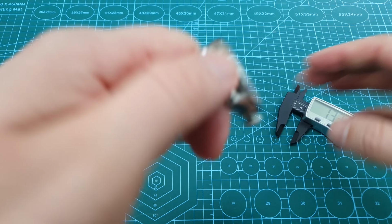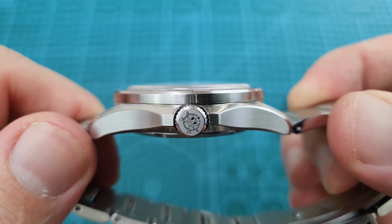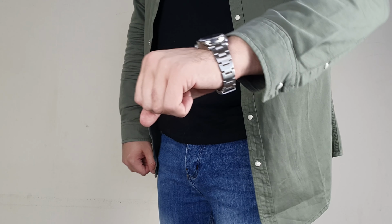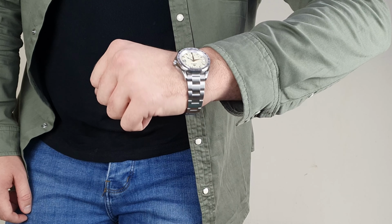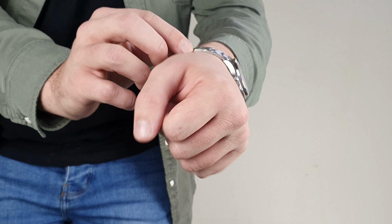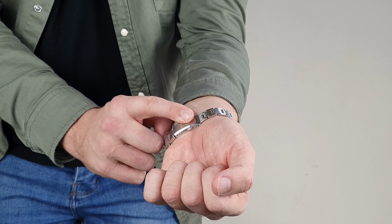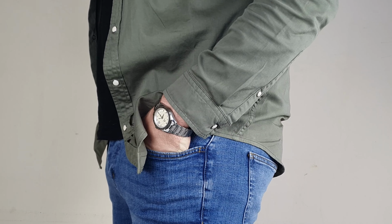But if you check this out, the dome is taking up at least 1 to 2 millimeters. So that means that it will not feel like a 13mm watch. It will feel more like an 11mm thick watch. So sizing is very good. Now, it is only a 38mm watch, but I think it fits a smidge bigger. I think it fits more like a 38.5mm, borderline a 39mm. So what I'm saying is, if you've got a big wrist like me, 7 inch and above,